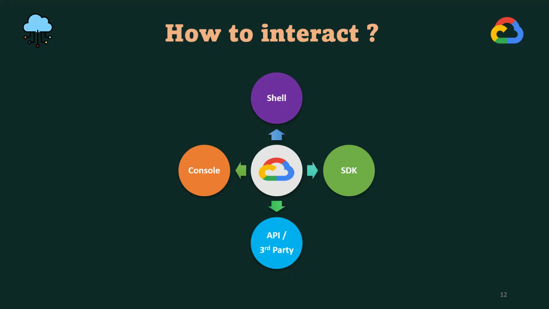Now let us try to understand one by one in a very detailed, very basic session. Everyone must understand this topic. Okay, so look here, sir. What is console? What is Cloud Shell? What is Cloud SDK? What are APIs and third-party tools? How we can use these methods to interact with the GCP services is the main topic today. I am going to tell you first of all what is console.